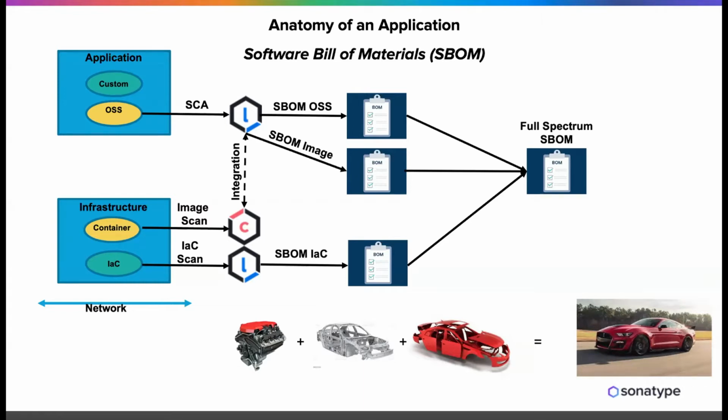In addition, we also can scan infrastructure as code. And so what we end up with is really a full spectrum software bill of materials that works its way through the SDLC, and at each stop along the SDLC, we may actually have a different software bill of materials.